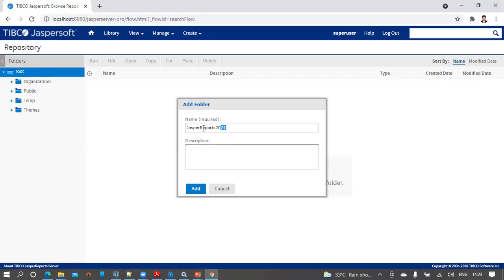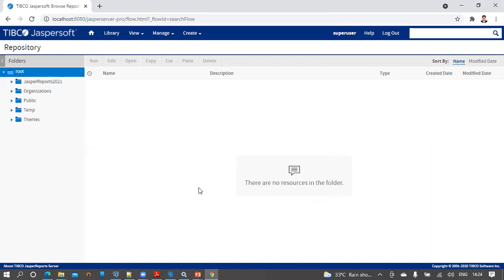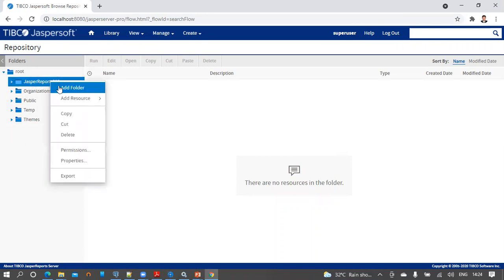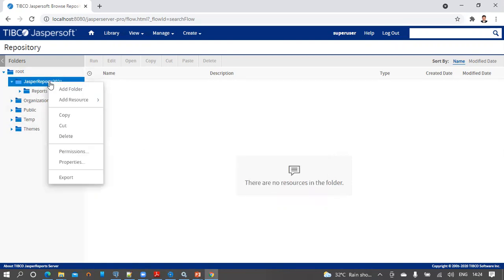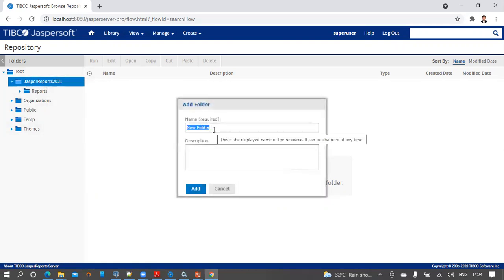The description is optional for a folder. Let us create two more subfolders under this project folder, namely reports and resources. So create the reports folder here. Then the other one is resources.